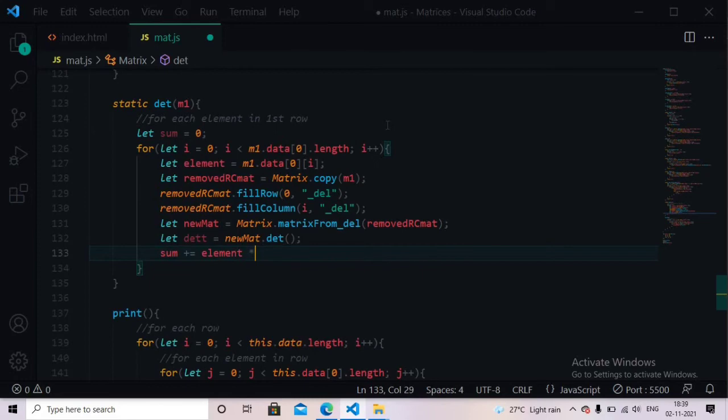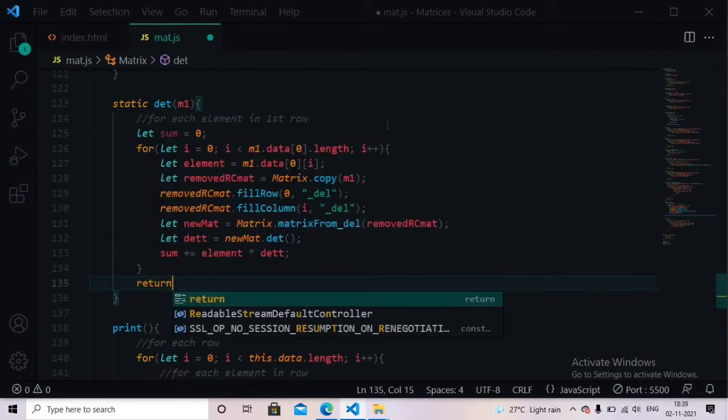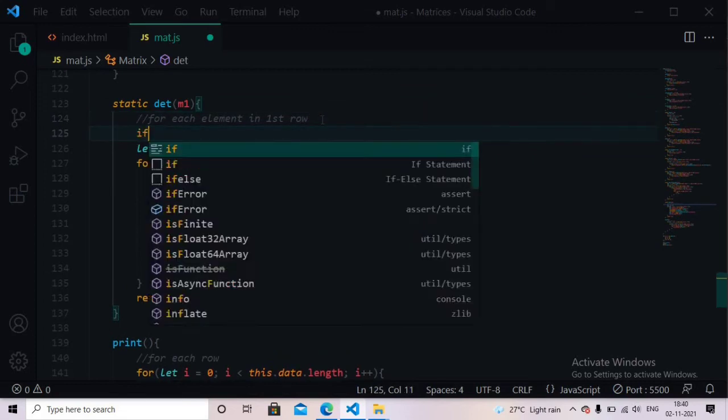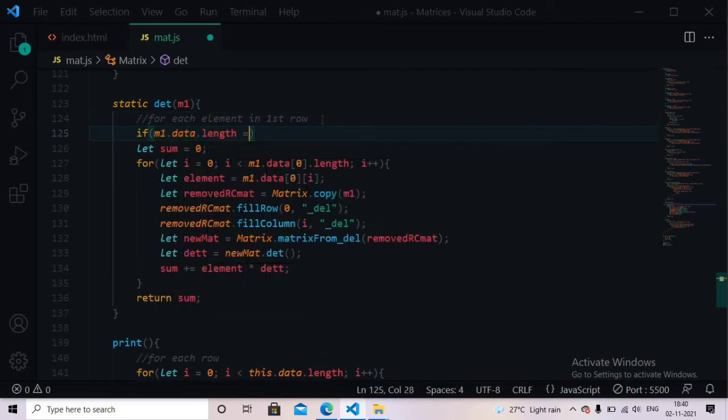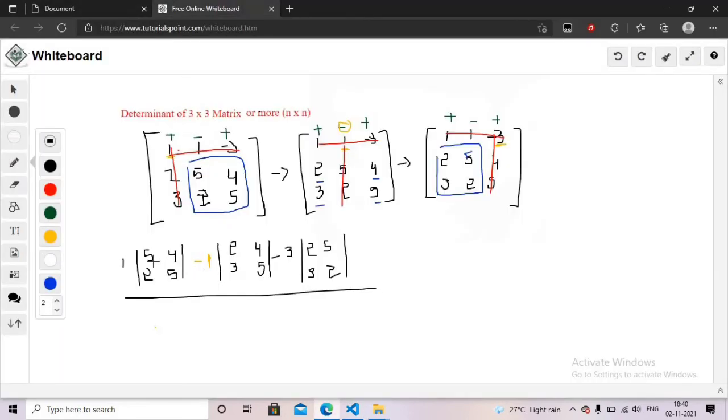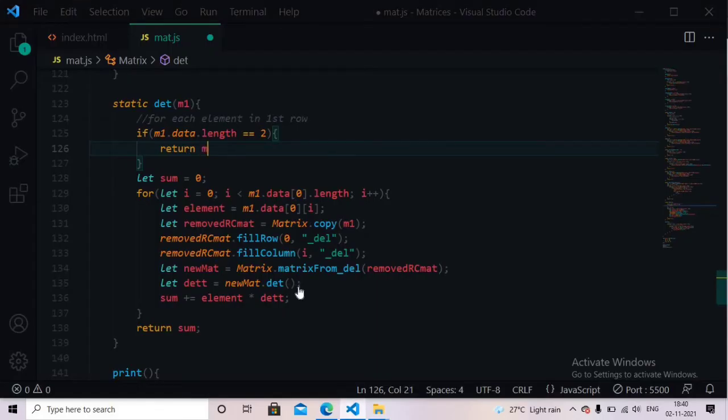The recursive call will go on until it hits a 2 by 2 matrix, which is the base case. We will write the base case in the beginning. The sum should be simply element times the determinant of the remaining matrix. Since it's a recursive function, we need a base case to stop the recursion at some point. So the base case should be the determinant of a 2 by 2 matrix, which is the simplest case. So if the data.length is 2, which is a 2 by 2 matrix, we just multiply the elements crosswise. So m1.data of 0 0 times m1.data of 1 1 minus m1.data